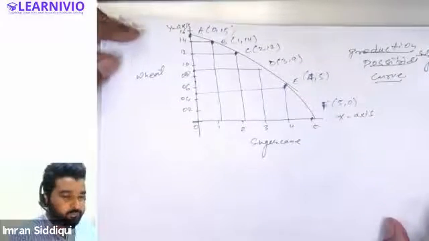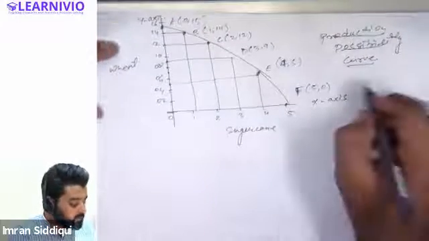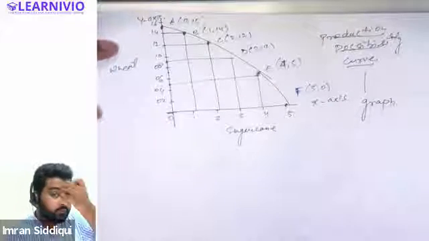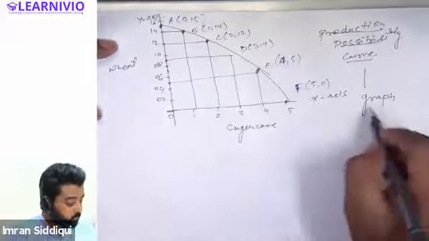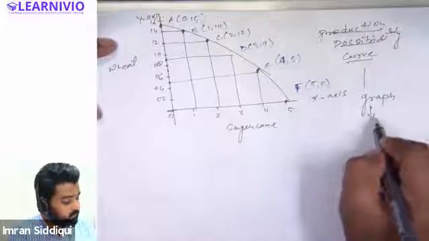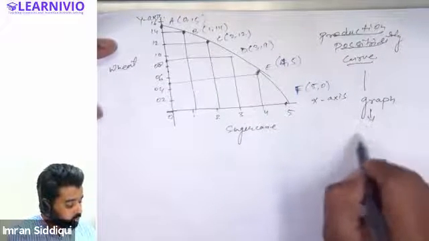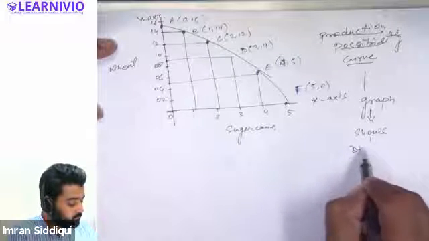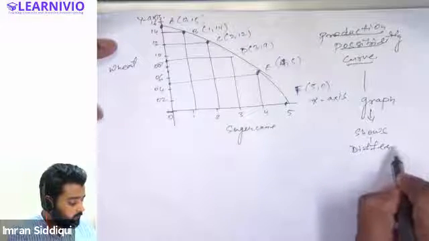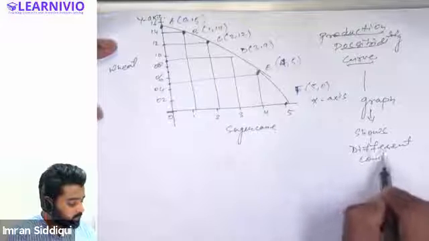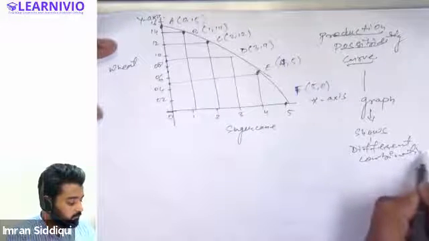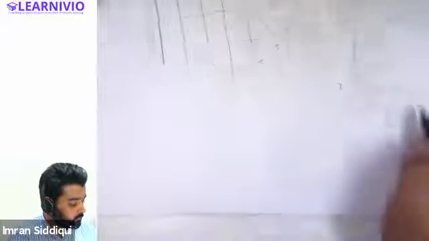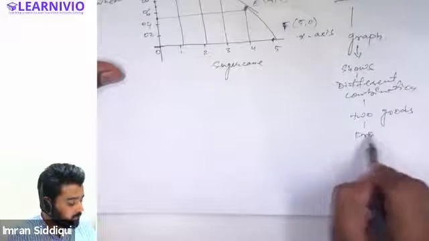And if we have to explain what a production possibility curve is, we can say that it is a graph. What does this graph show? This graph basically shows different combinations of two goods that a producer can produce